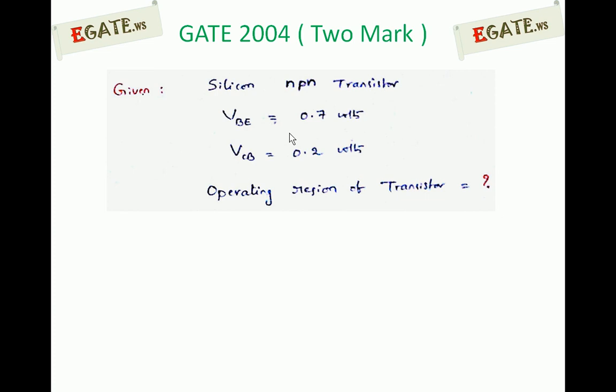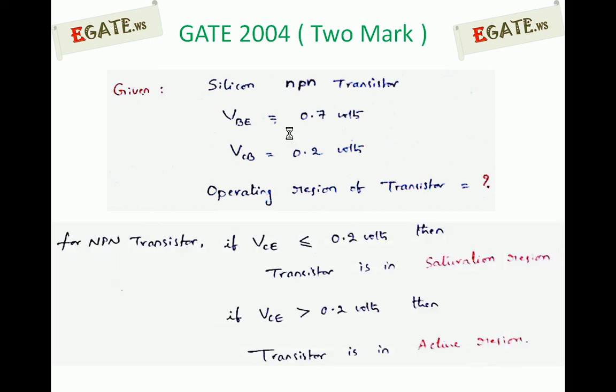We can say whether the transistor is in saturation or active region with respect to voltage, or with respect to currents. With respect to currents, if IB is greater than or equal to IB minimum, then the transistor is in saturation. IB minimum is the minimum base current required to keep the transistor in saturation. If the base current is greater than IB minimum, definitely the transistor will be in saturation. Otherwise, if IB is less than IB minimum, the transistor has not saturated, so it will be in active region. But that is with respect to currents.